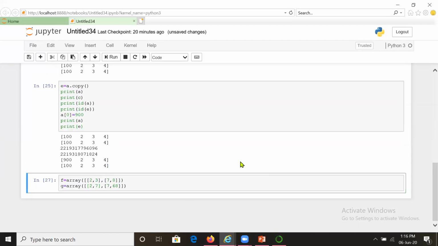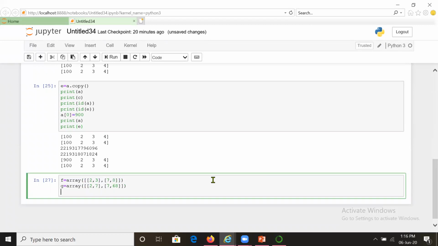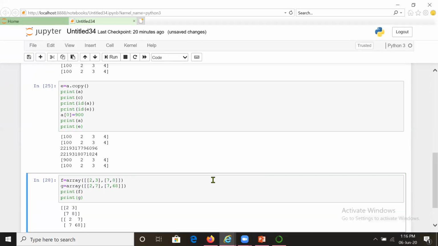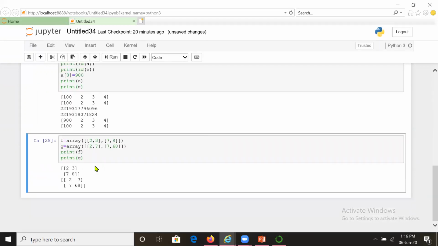So this is how you have created f and g arrays. Print f and print g.